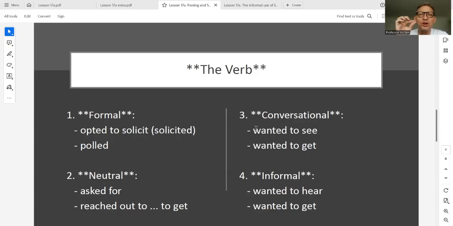it's just more accurate, I think. Solicited is a lot better word than asked for. I will tell you, it has more connotations. You can sort of think about that. There's a sort of a picture that's drawn. Asked for, I think less so. Reached out is a phrasal verb. Now, please don't misunderstand me. These phrasal verbs in the neutral category are fine. But at the advanced level, we should start learning the formal, which I don't even think they're formal. They're just really good words if they're accurately used. Solicited, polled. All right, let's move on.